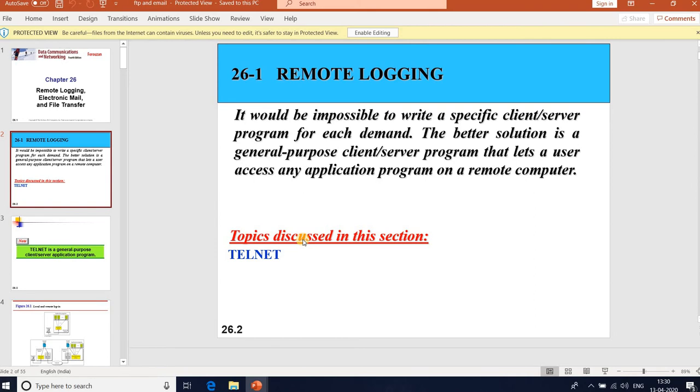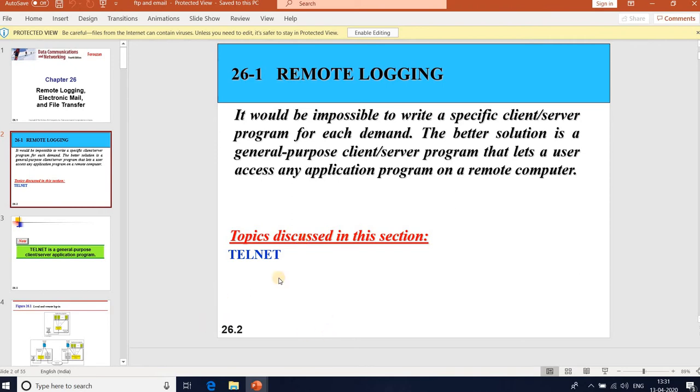But it is impossible to write a specific client-server program for each demand. A better solution is to let users access any application programs on a remote computer. That is, allow the user to log on to a remote computer, use the services available there, and transfer the result back to the local computer.